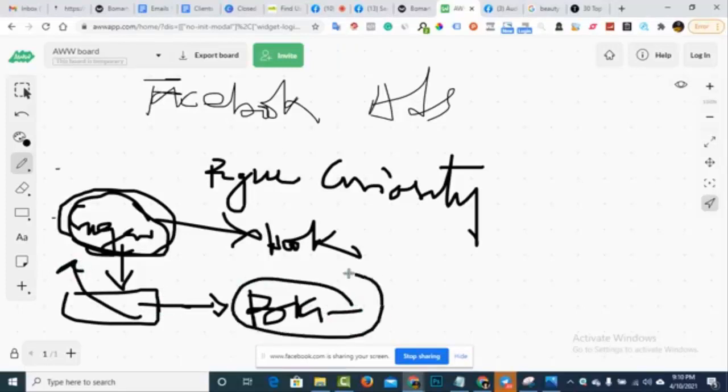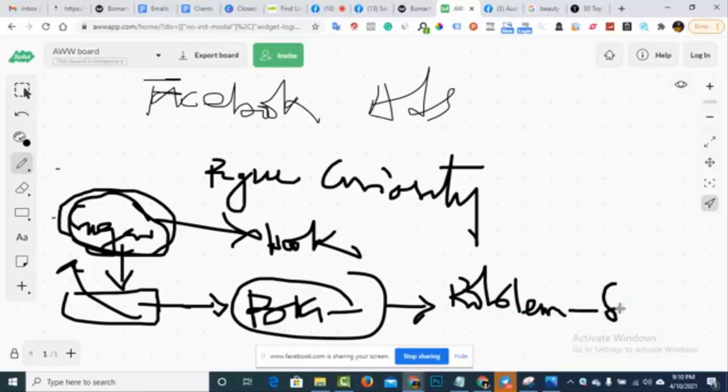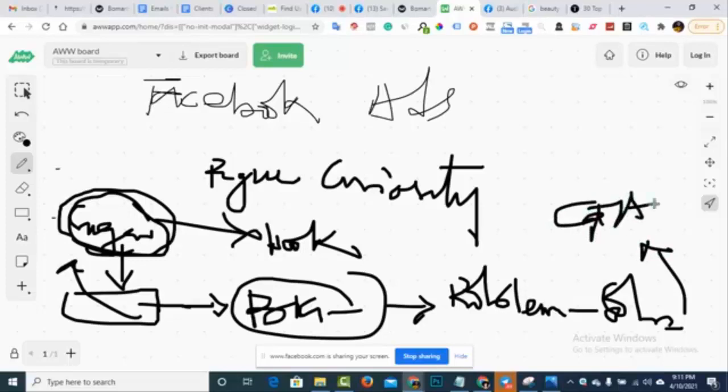Once I've been able to talk about the big idea, I'm going to talk about the problem, and then the solution, and then the call to action, or CTA. You see that, guys? This is a formula that you can use to quickly craft out your ad copy.